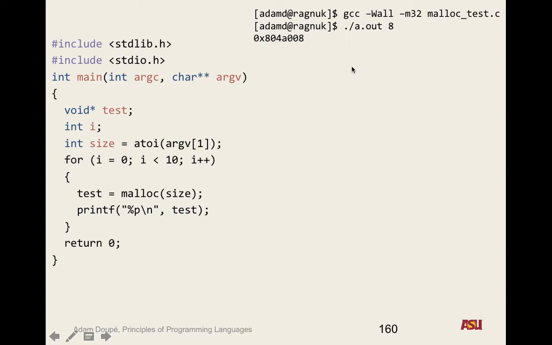So this is what it did, 804A008. So what's the next one going to be? So how many bytes am I allocating this time, or mallocing? 8. So it's going to be, what? 18? I think